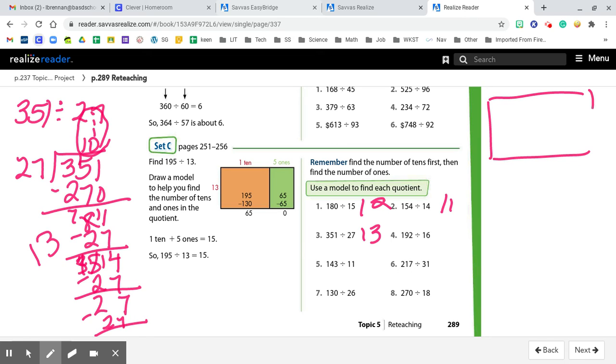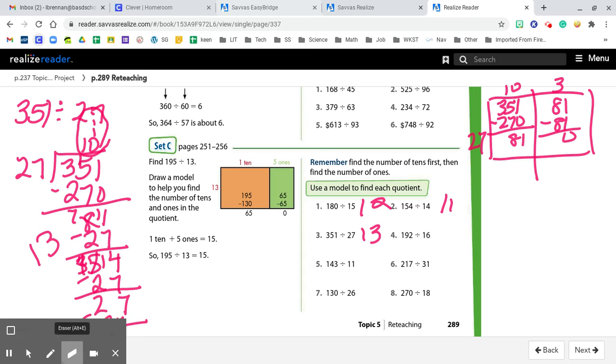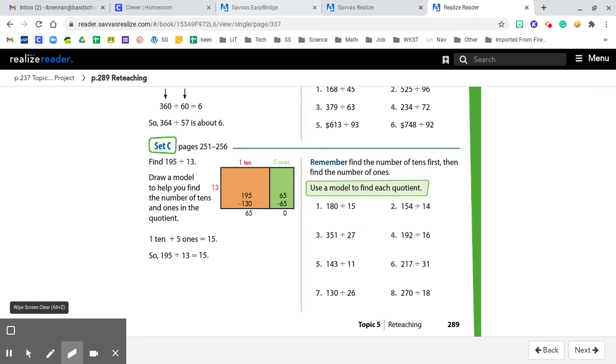If I do it like this, I had 27 over here, 351. We said 10. And we decided it 81, 27 times 3. So that's using the other model. Number 4. For number 4,